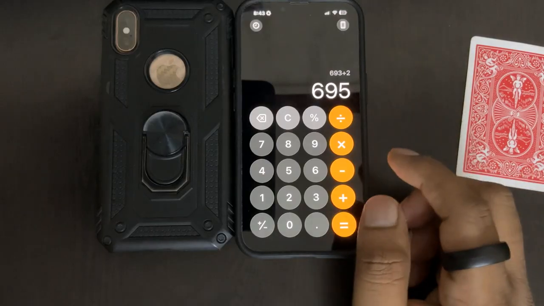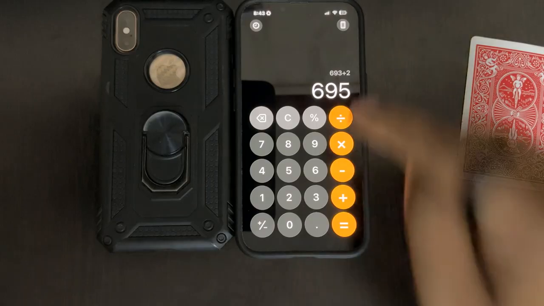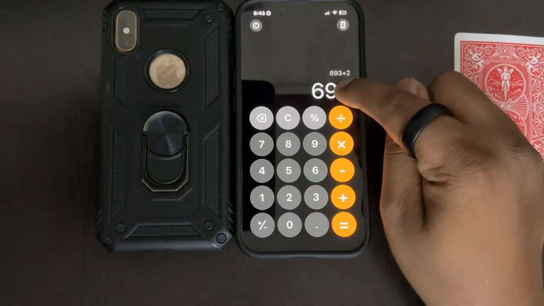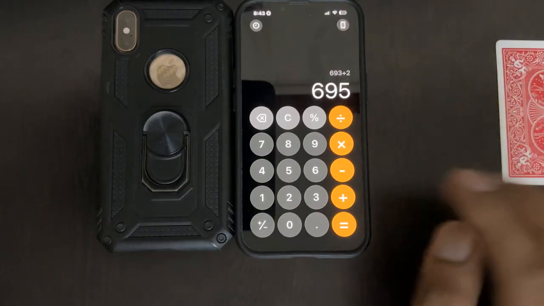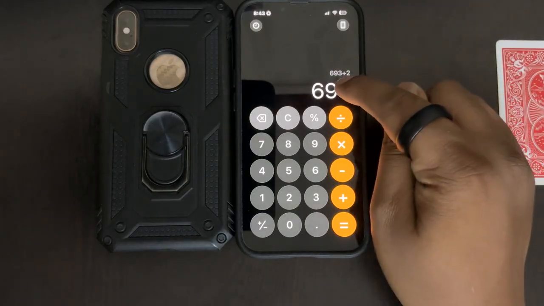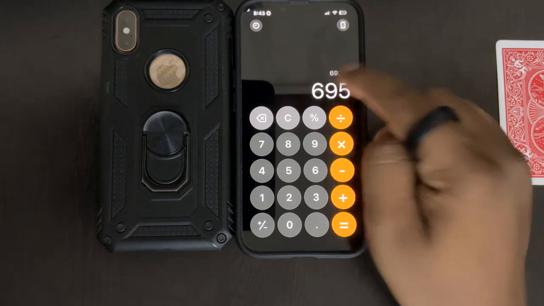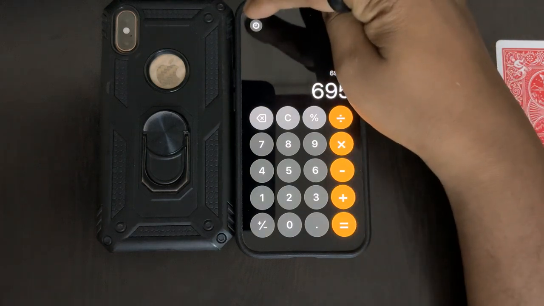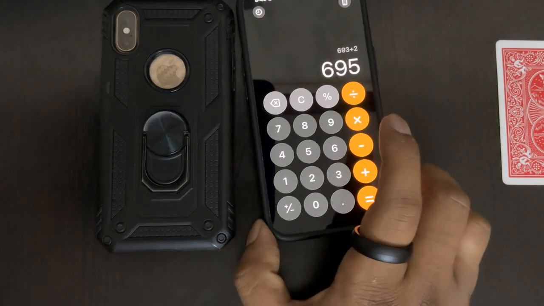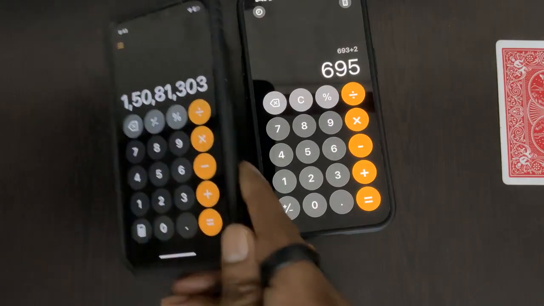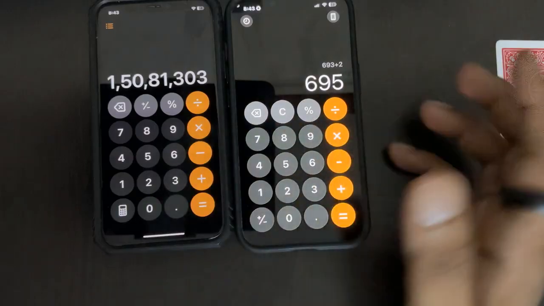Now once they do the random calculation, you can either press the volume button, or you can trigger via watch, or you can trigger via long press of this. Okay. So you ask them, okay, have you completed your calculation? They are like, yes, we are done. And if you don't have volume or watch, you can just long press. You will see a dot here only when force mode is enabled, and you will also feel a vibration, and then here in the spectator's phone, the remainder of this plus this adds to my